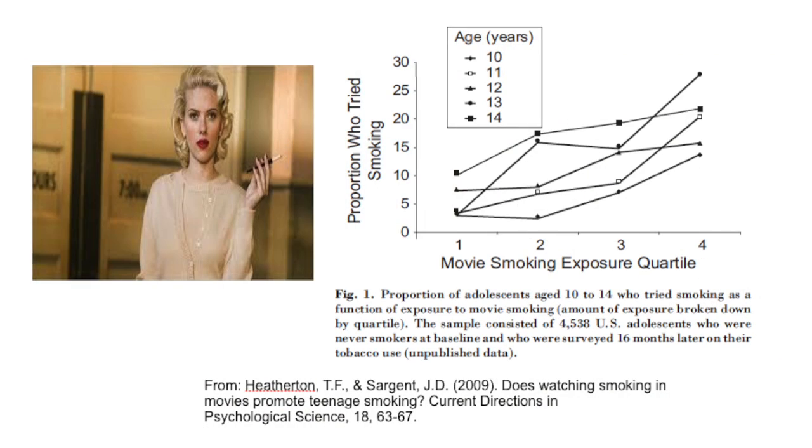They did a content analysis and examined basically how much exposure these young kids between 10 and 14 had to smoking in movies, from 1, which is very little, to 4. So the 4 quartile is the most exposure to smoking. And as you can see, the highest percentage of kids who eventually had tried smoking was in that highest exposure quartile. In fact, 13-year-olds who are in the highest movie smoking exposure quartile, almost 30% of them tried smoking.